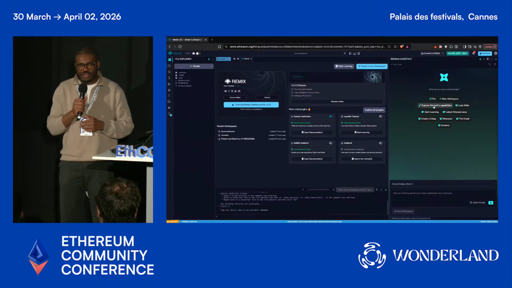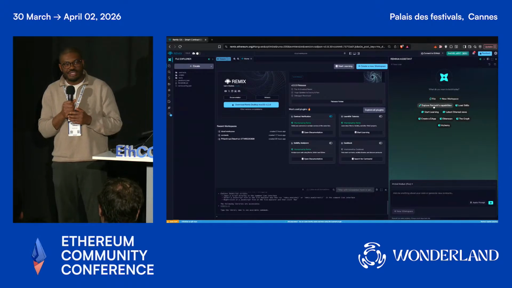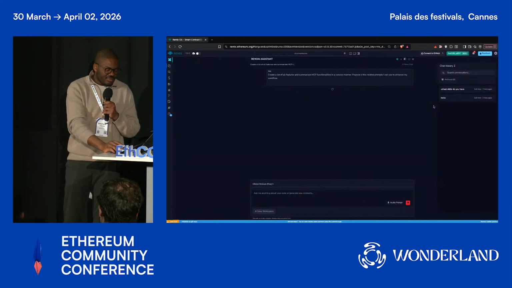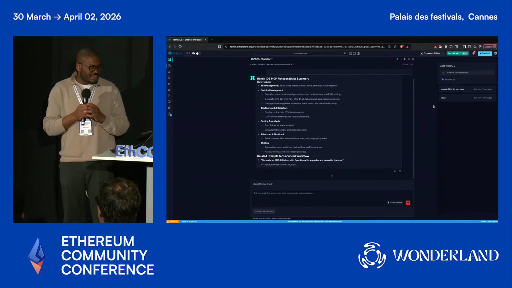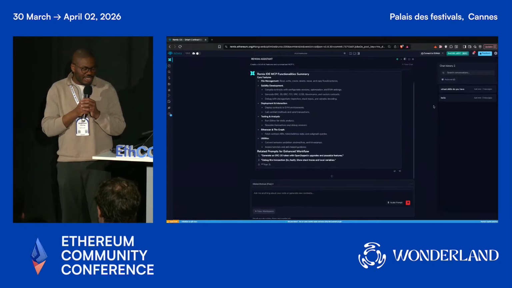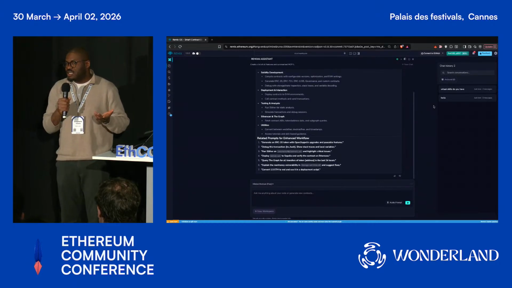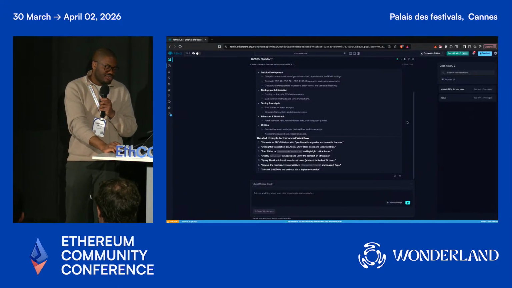You have the chatting environment. On the right-hand side, you have your conversation starters, and the conversation starters help you start any type of conversation that you would like to have. You will see what the Remix is able to do. If you are not sure what you want to engage with, you can just click, okay,